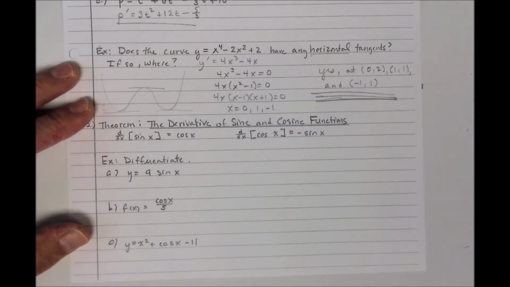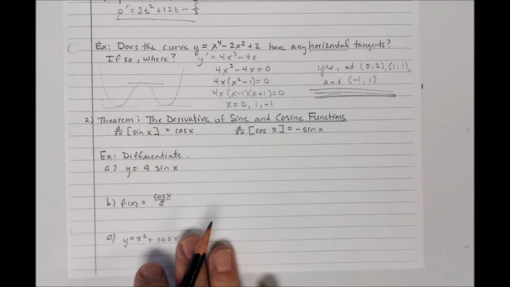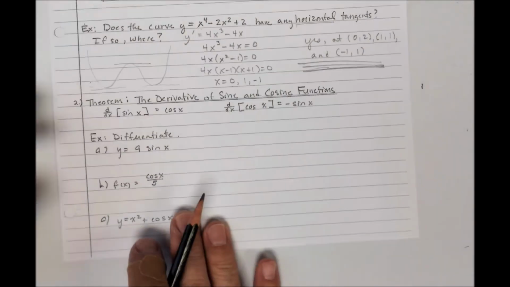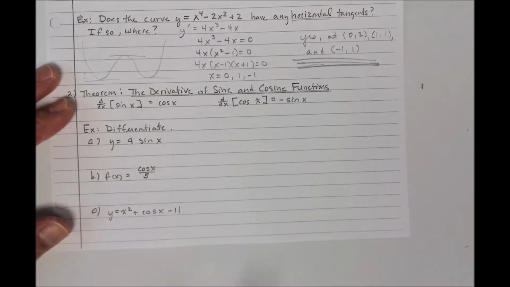Okay. Stated my answer. Now, if in the back of the book on a problem like this that you work, they have just the x values, that's fine as well. I just like to write them as ordered pairs, even though it's a little bit of extra work. Now, we have some key